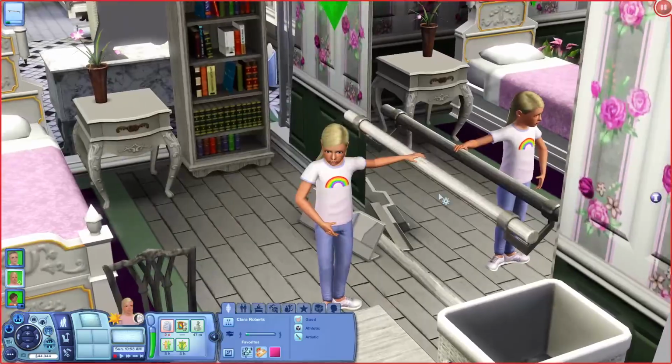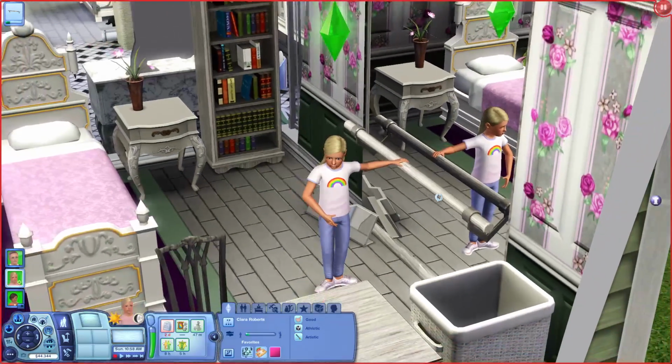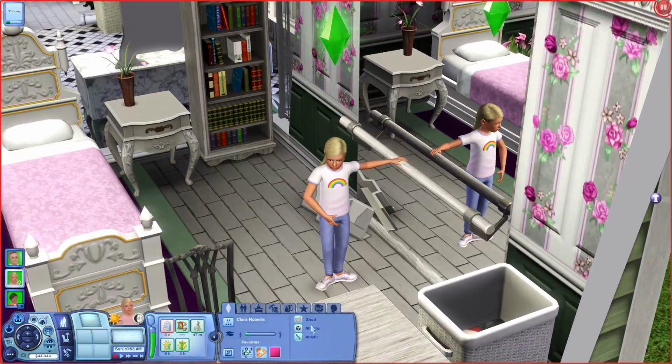Now, like I said earlier, your sim is required to have at least 3 traits, which are good, brave, and artistic. And I gave her good, athletic, and artistic, because athletic will come in handy with her ballet skill, which actually just feeds into the athletic skill. But I figured at this point in time, she hasn't really had much to show for being brave, so she hasn't really been brave.